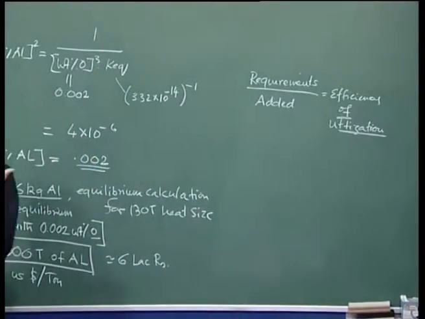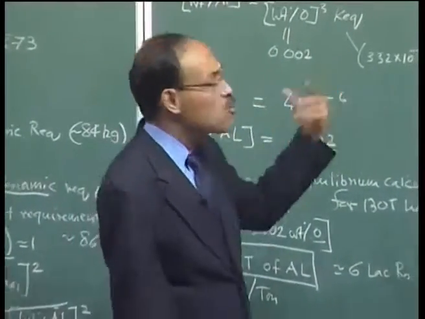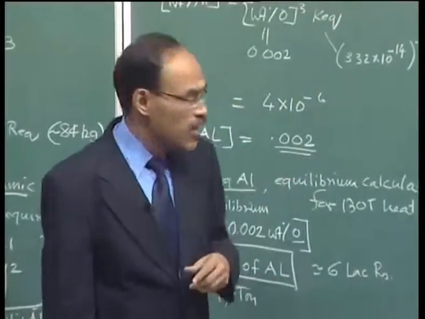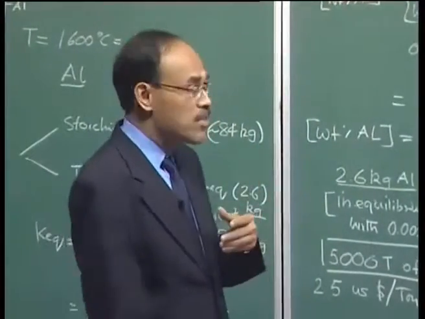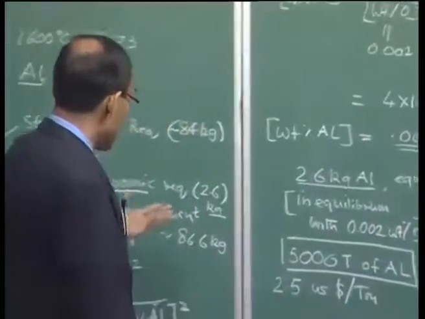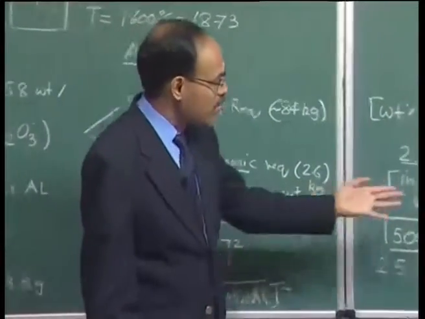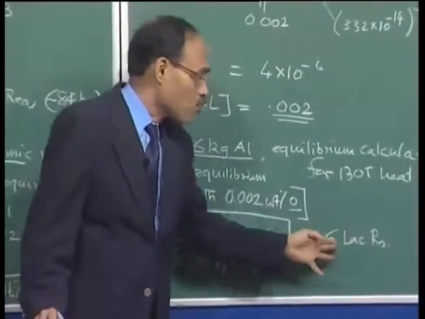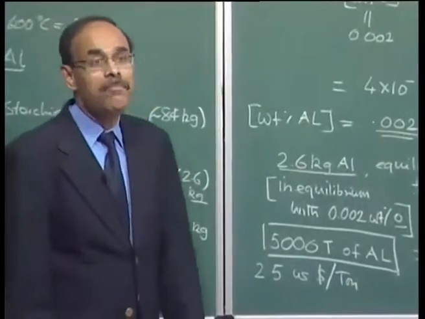Now for buoyant additions like aluminum, the recovery rate or the efficiency of utilization is significantly smaller than 1. It is about 60 to 70% in general processes, as a result of which you can enhance these values by about 30% or so. So the 6 lakhs of money that I am showing here could translate to something about 10 lakhs, 12 lakhs of rupees per annum.